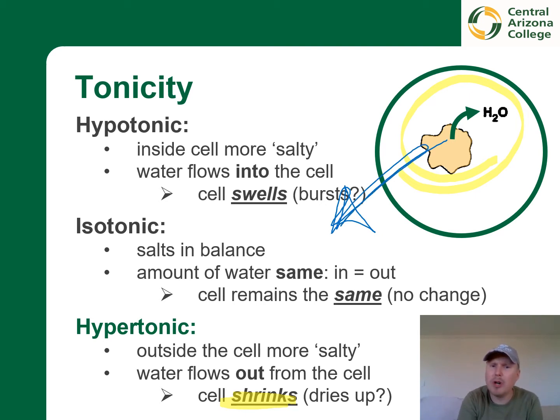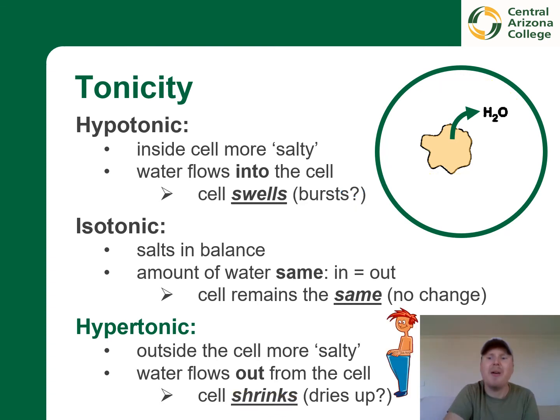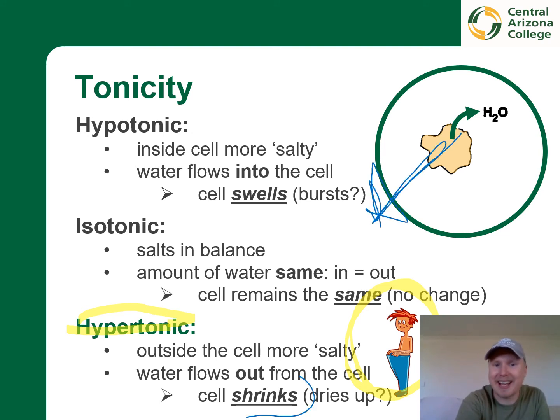So how do I remember this? Well, when I think of hypertonic cells, I think of what kind of person is a person that is hyper. Well, these persons have a lot of energy, right? And people who have a lot of energy, what do they do? Well, they run around a lot. So what happens if you run around a lot? You become skinny. So for me, hypertonic cells are skinny cells. So they lose fluids and shrink in size.